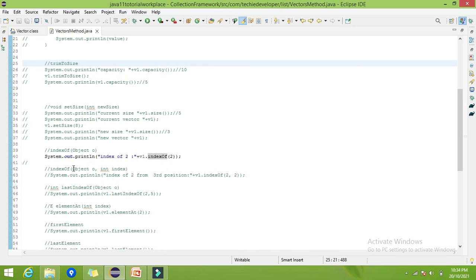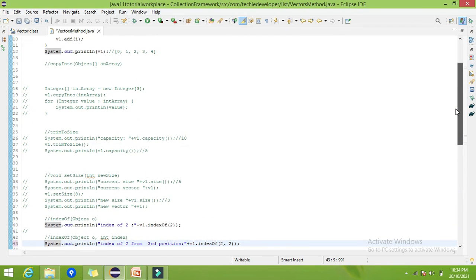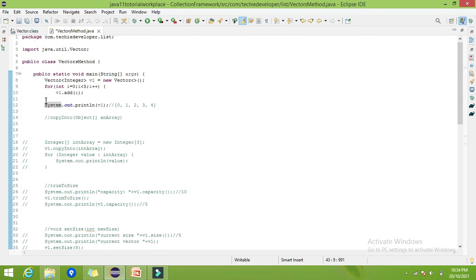Okay. Now the next method is indexOf with an object and an int index. So what is the second parameter? It will search this object in the vector from the specified index. Okay. So let me explain with an example.